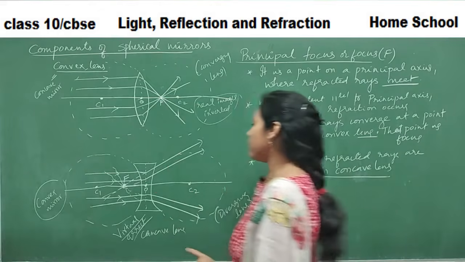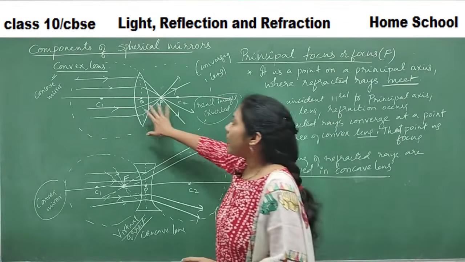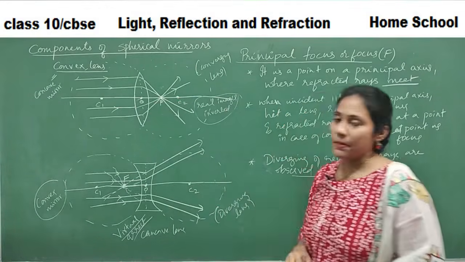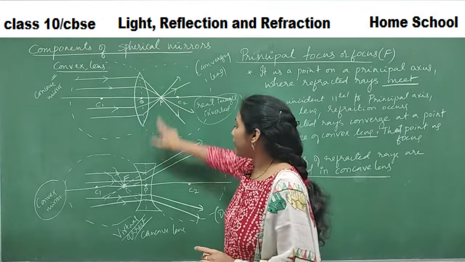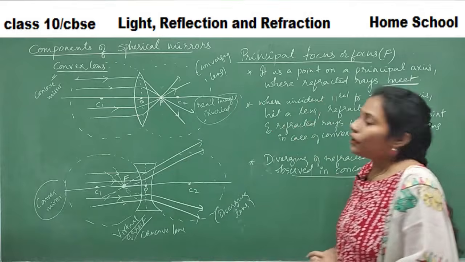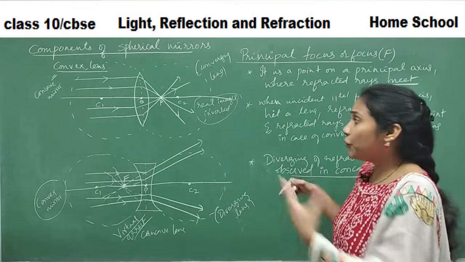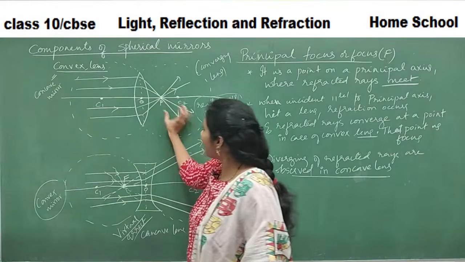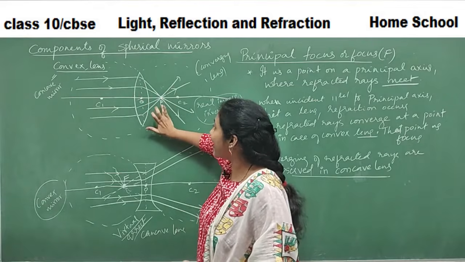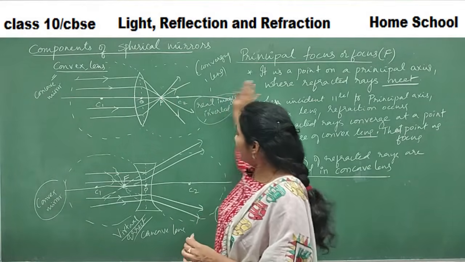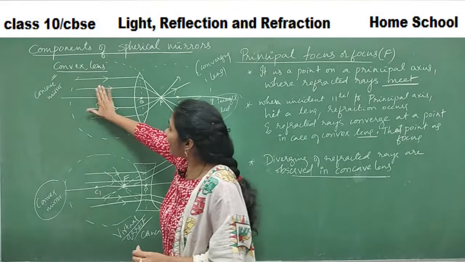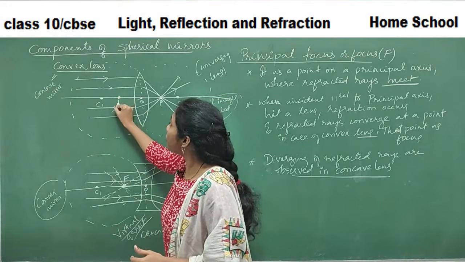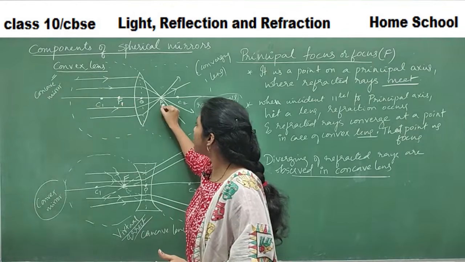So this point is also very important. In case of convex, convergence takes place. In case of concave, what happens? Divergence takes place. The point where the refracted rays are meeting is what we call the focus. And now two focuses are possible here. Incident rays were coming from this side, refraction took place, and all of them met here; that point we called F. Imagine if incident rays are coming from the other side, refraction would happen on this side, and all of the rays would meet on this side. This is another possible focus. This I call F1, this is F2.